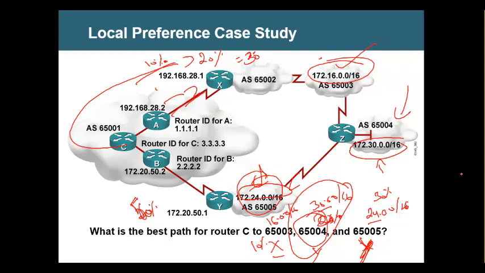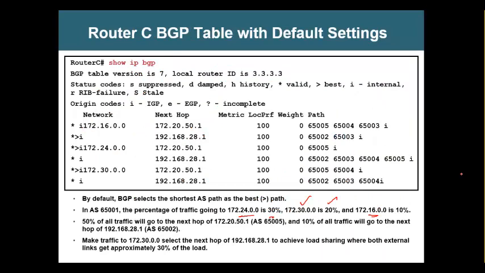They have given me a report saying 30% of traffic goes to the 172.24 network, 20% of traffic goes to the 172.30 network, and 10% goes to the 172.16 network. So for us, it's like an assumption here. They have given us, assuming these numbers,